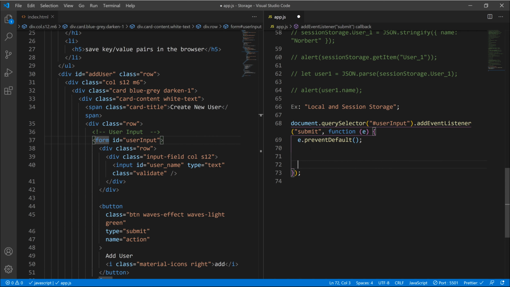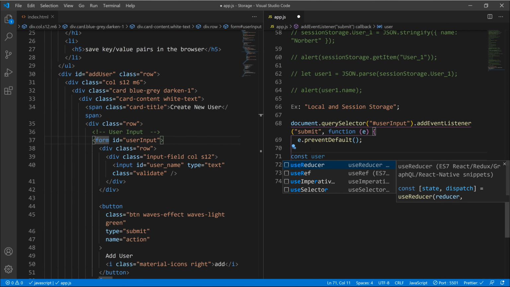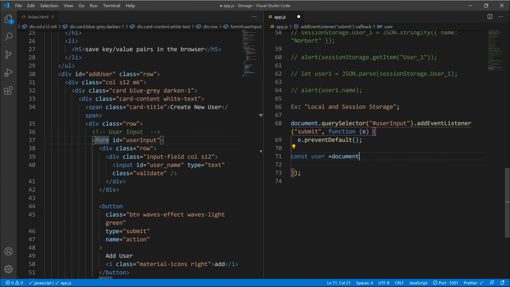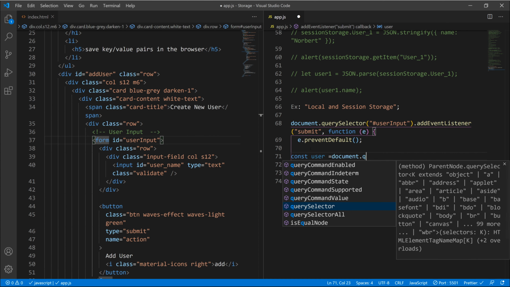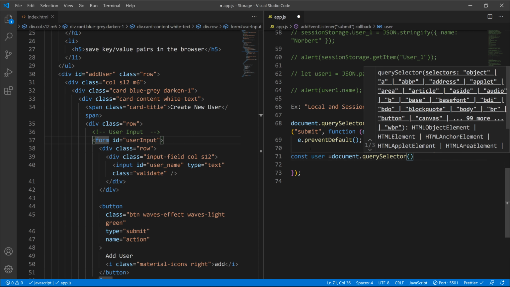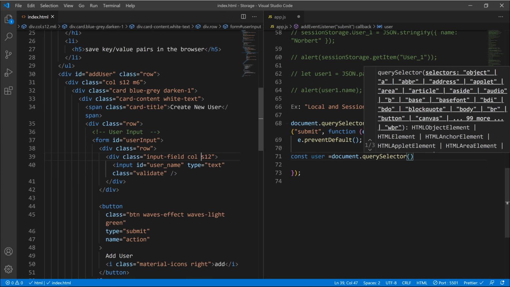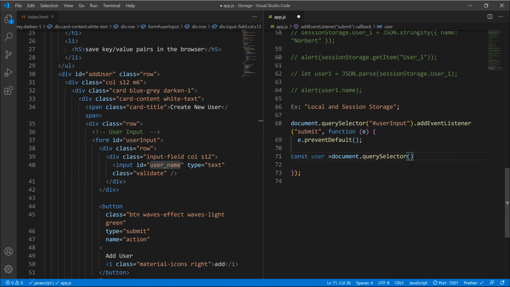So we want to store a user. So let's create a const. Let's name it user. And now let's set it, let's grab onto the document.querySelector. We're going to grab onto the username here. So this input right here is actually this one, which has the ID of username. So let's grab onto it, hash username, and it should be within